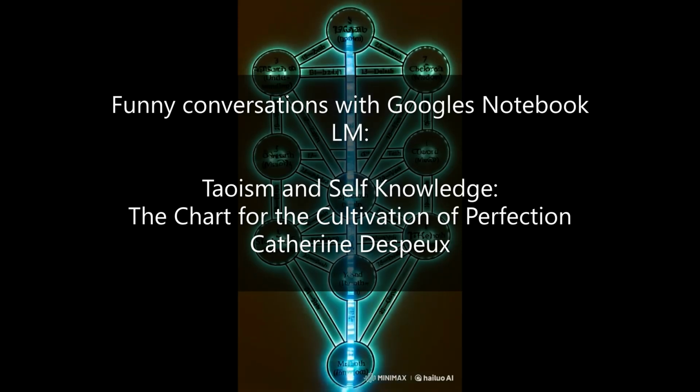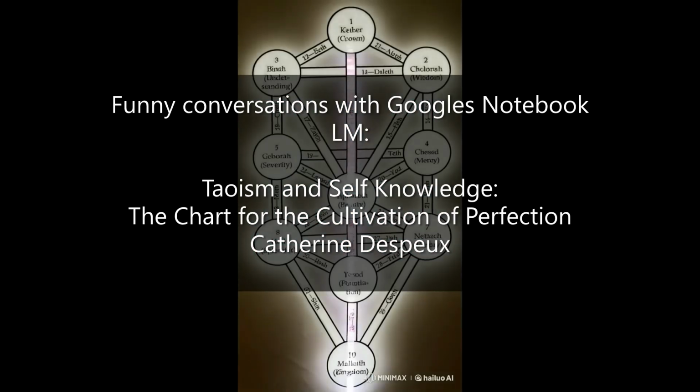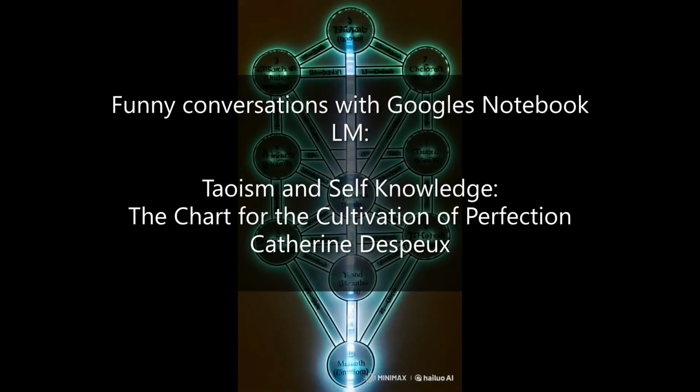There is. We haven't even touched on the thunder rites or the mysterious curl, which you mentioned earlier. Those are both fascinating aspects of the chart, and they connect to some of the most potent practices in Taoism. In the next part of our deep dive, we'll delve into the world of the thunder rites, the significance of the North Star, and the mystery of the mysterious pearl. I'm hooked. I can't wait to uncover more of these secrets hidden within the chart for the cultivation of perfection. Me too. It's going to be good.